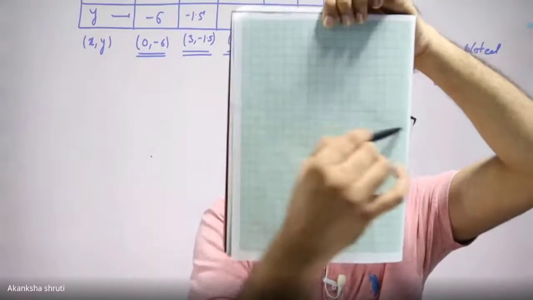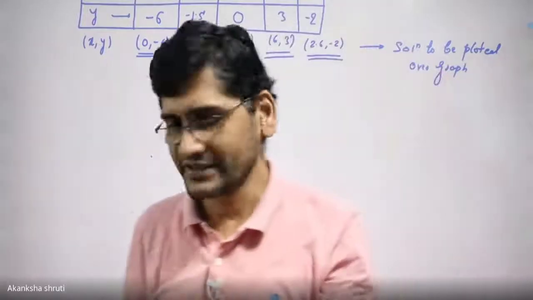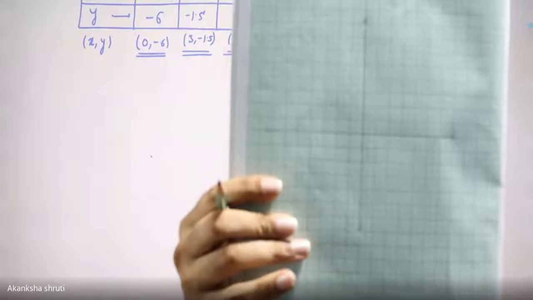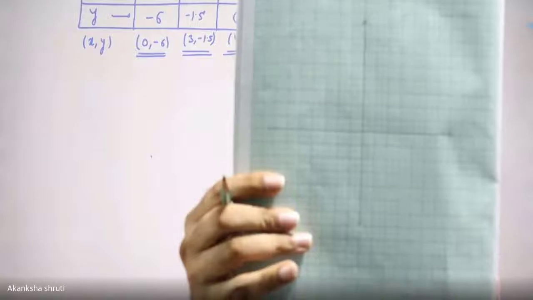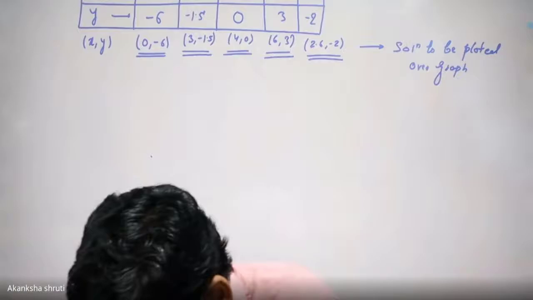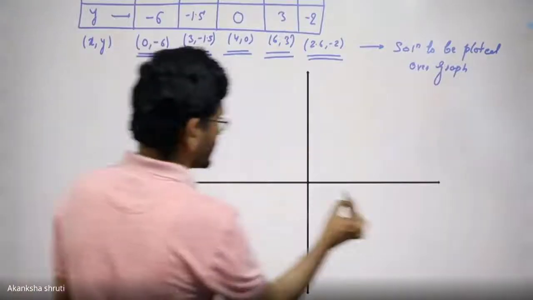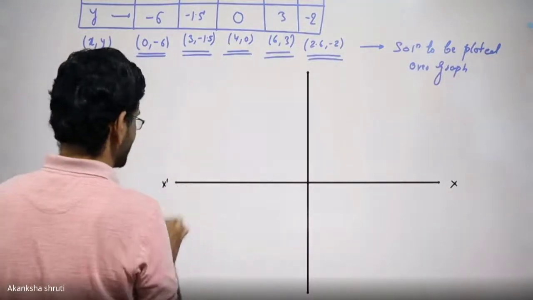Consider that horizontal line as the x-axis. Another vertical line here, consider that as the y-axis. We have drawn one horizontal line and another vertical line. Give the name to this horizontal line as the x-axis, and the vertical line as the y-axis. Students, you can see this way we have to take the scale at a gap of 1. Here, this horizontal line is called the x-axis, marked as x dash.